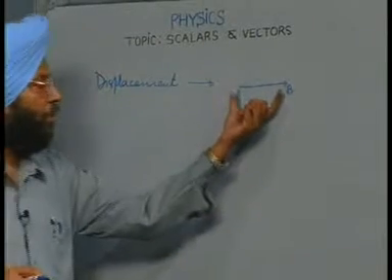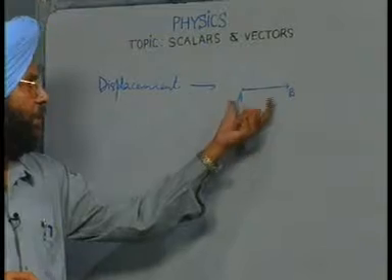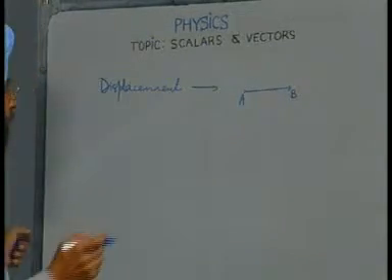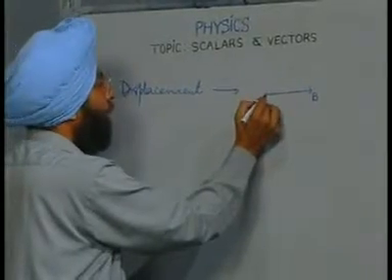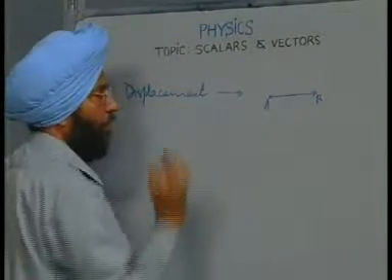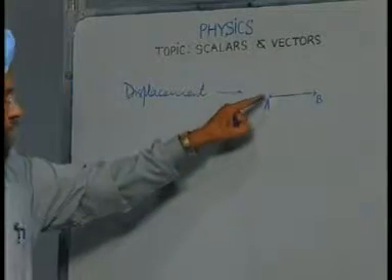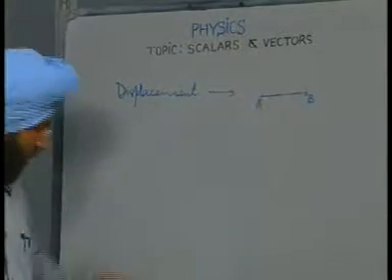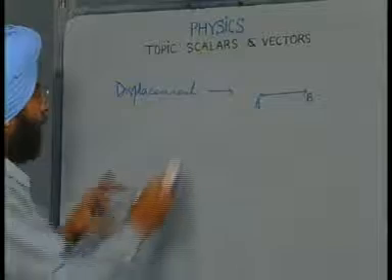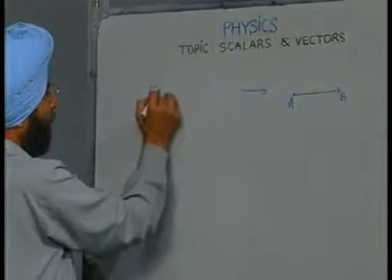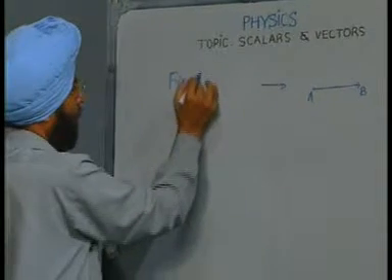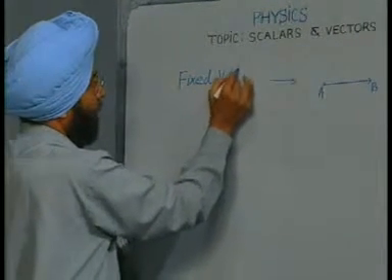So, this is the shortest distance travelled by the particle. Now, here the tail of the vector is fixed, tail of the vector is at the initial position. So, this kind of vectors we define as fixed vectors or localized vectors,